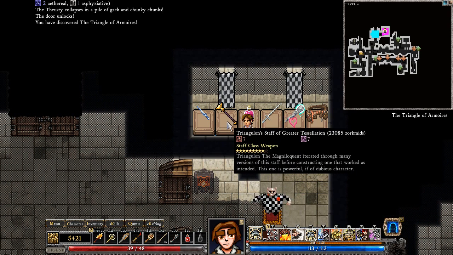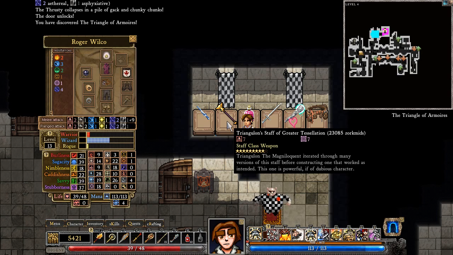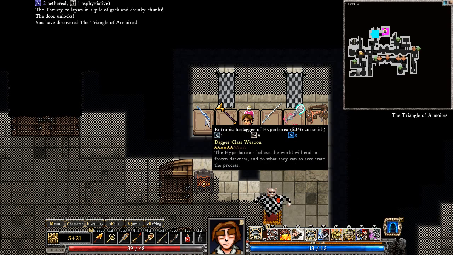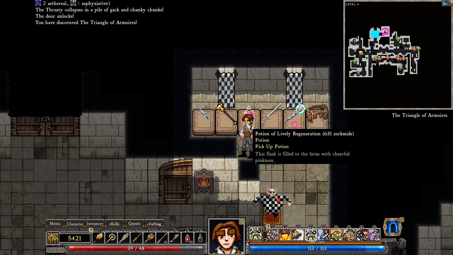Wow. Triangulan's Staff of Greater Tessellation. And what is that? Yeah, it's extra transmutative damage and some crushing. That's pretty darn powerful. Triangulon the Magniloquent iterated through many versions of this staff before constructing one that worked as intended. This one is powerful, if of dubious character. That's a good dagger. But I think I'll just go ahead and...